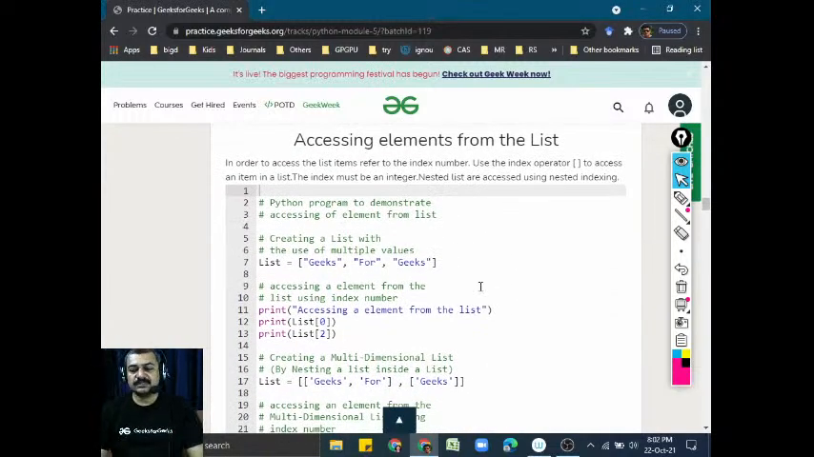Now this is a basic thing: if you are familiar with C or some other programming language, then you might be using arrays, and in those arrays, okay, so well,